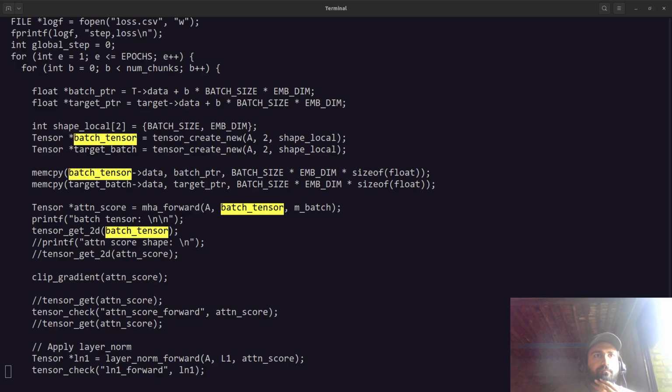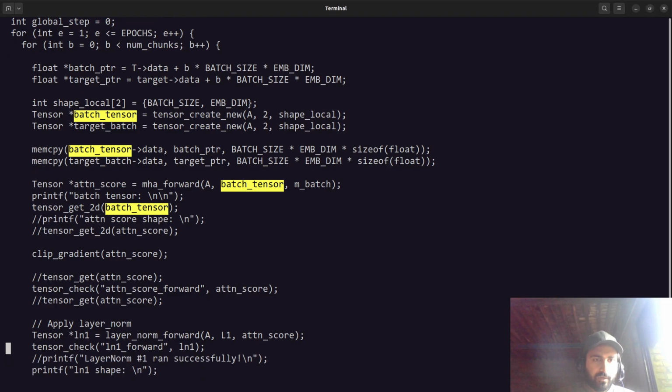So GitHub, there's the main file. Inside the training loop, what we do first of all is we create a batch tensor and target tensor. We just mem copy. We can slice, use the slice columns and concatenate columns function, which is written over here, but we'll look into that later. First we calculate the tensor scores, then clip gradients. So these are the lines that I need to add over here. Right after the batch tensor, we calculate attention scores, and then we just